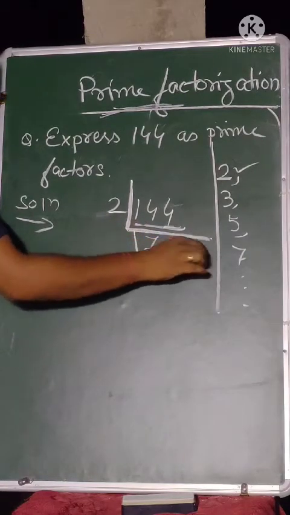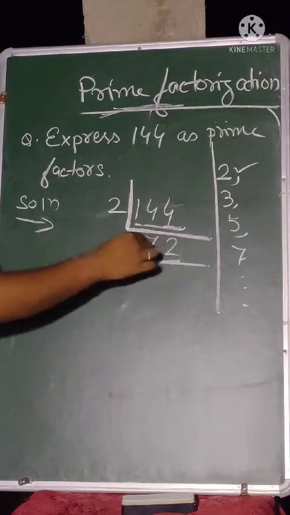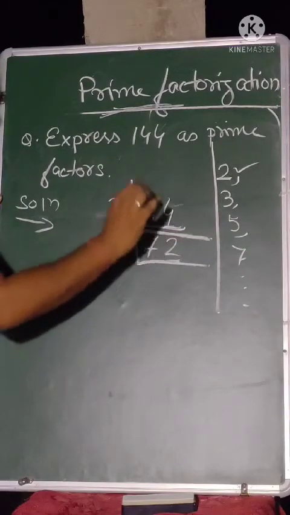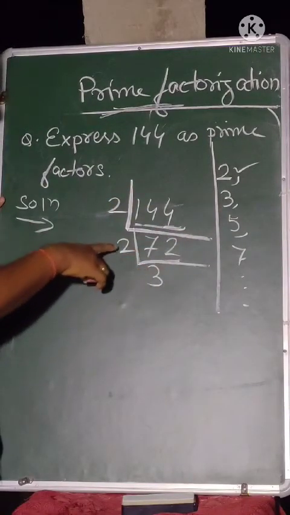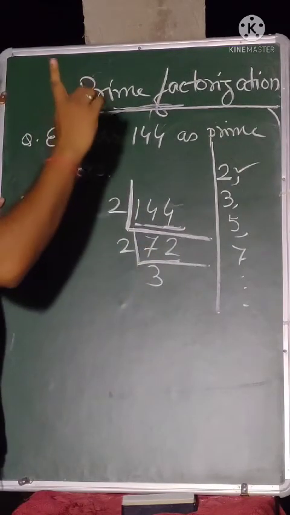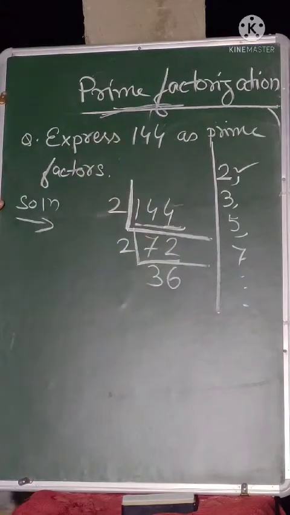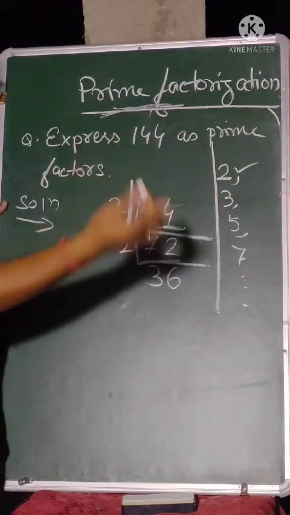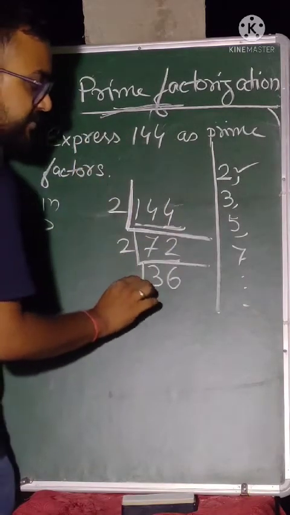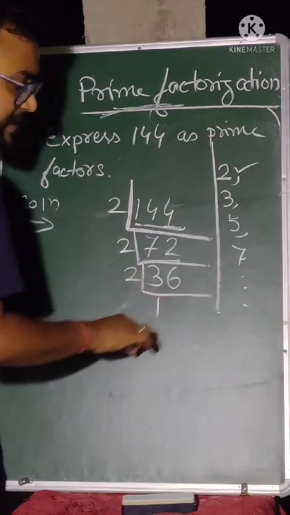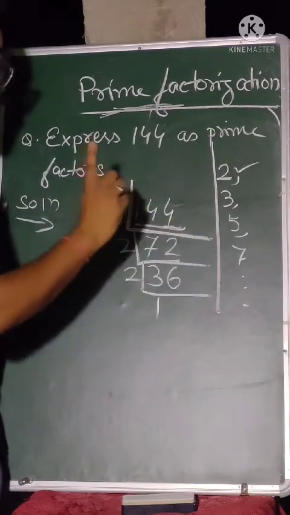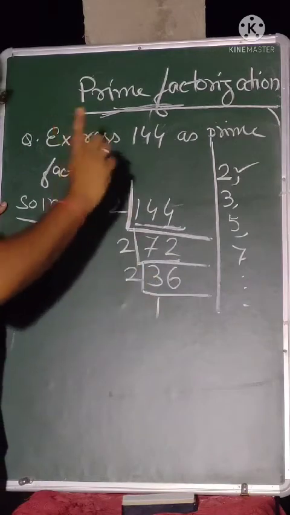Again we will write in this way and divide 72 by 2. 2 threes are 6, 1 is left out and comes here, it becomes 12, then 2 sixes are 12. So we get 36. Then again 36 is also divisible by 2, it's an even number. So again we divide 36 by 2: 2 ones are 2, 1 is left out, and 2 ones are 2.